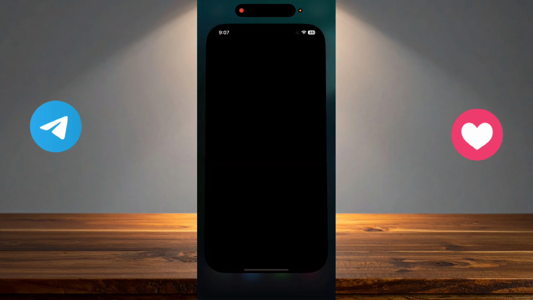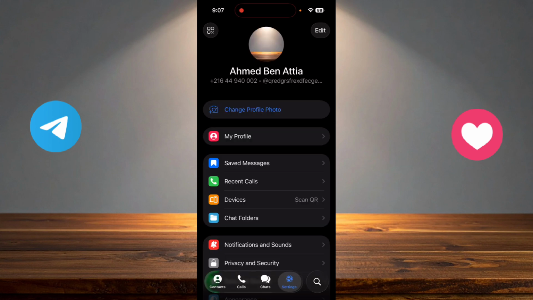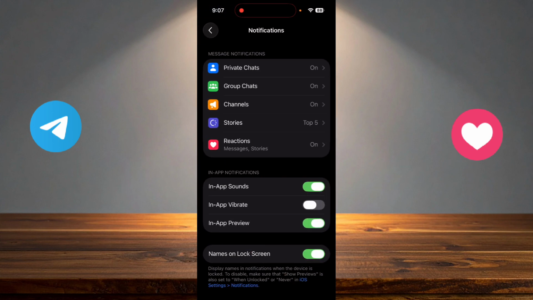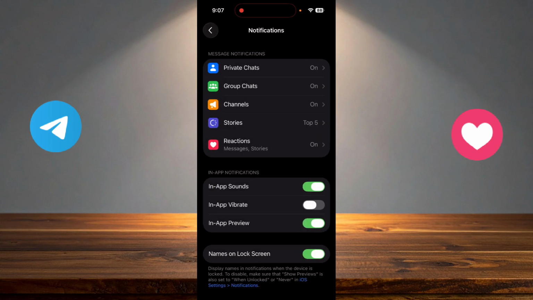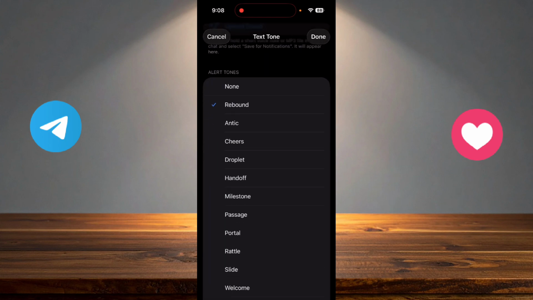You just have to go to Telegram, and after that go to settings, and after that go to notifications and sounds, and you can customize the sound of notifications for every part of the app. So for example, you can customize the private chats notification sound. You just have to click on private chats and after that click on sound, and here you can